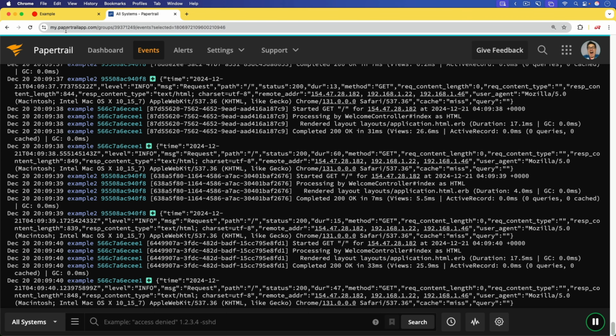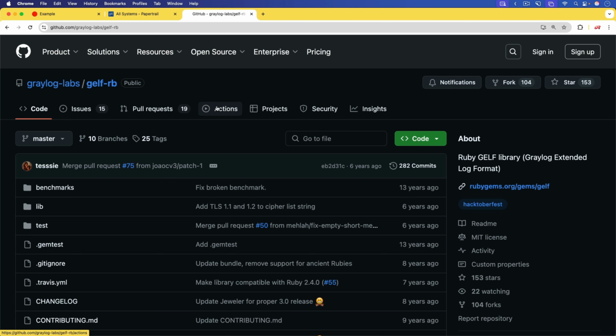And to do this, we are going to be using Papertrail because I found it's one of the most simple to get up and running. I'm a big fan of self-hosting, and one of the self-hosted libraries that you can do this with is Graylog, but I didn't like the fact that the gem hasn't been updated in 6 years. That's not to say that there's a problem with it. However, it is a bit concerning, either that Ruby is not a first-class citizen or some other reasons, but regardless,